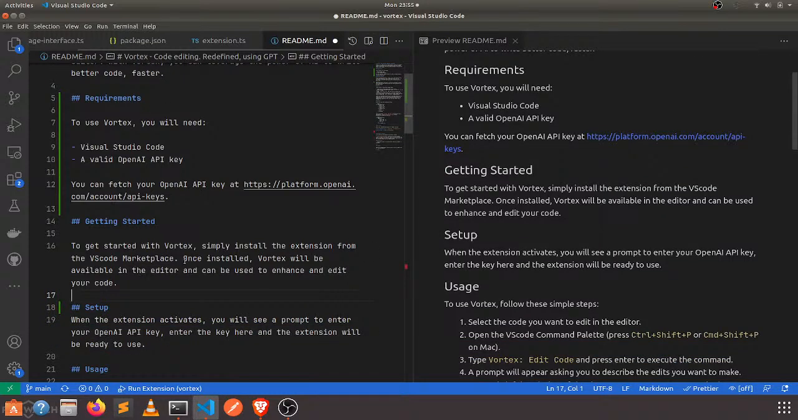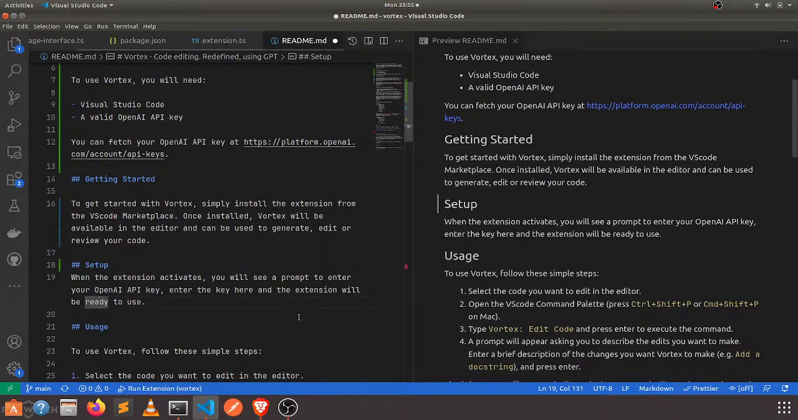Simply install the extension from the VS Code Marketplace. I think this is redundant, be available, and can be used to enhance, generate it or code. AI, the key here and the